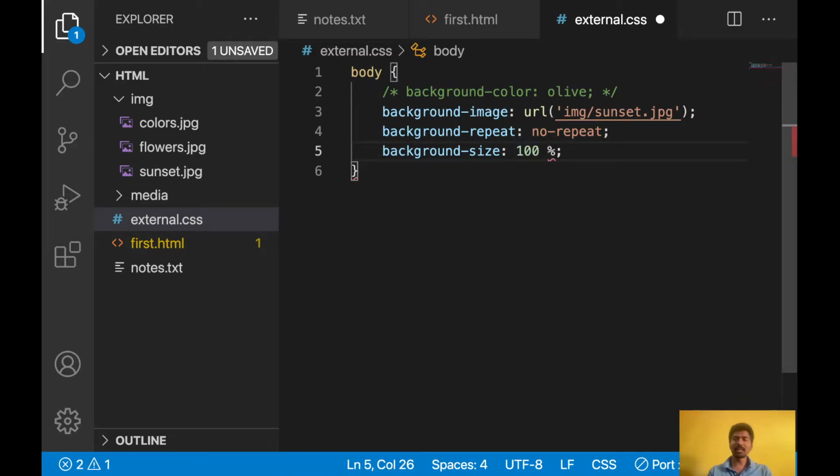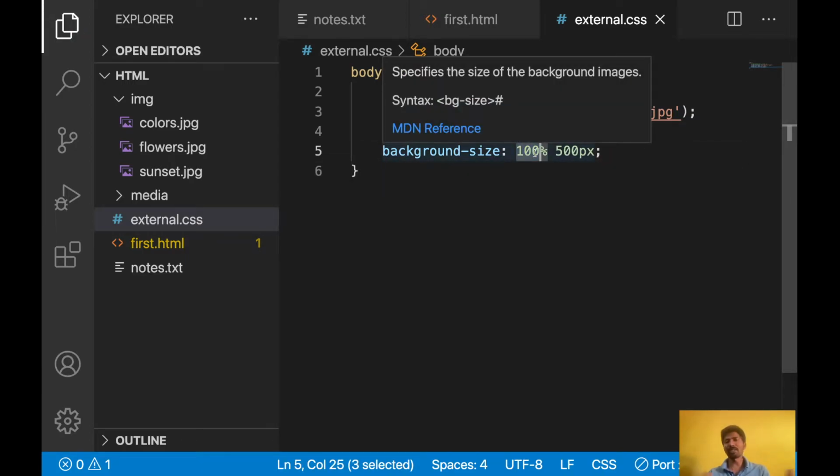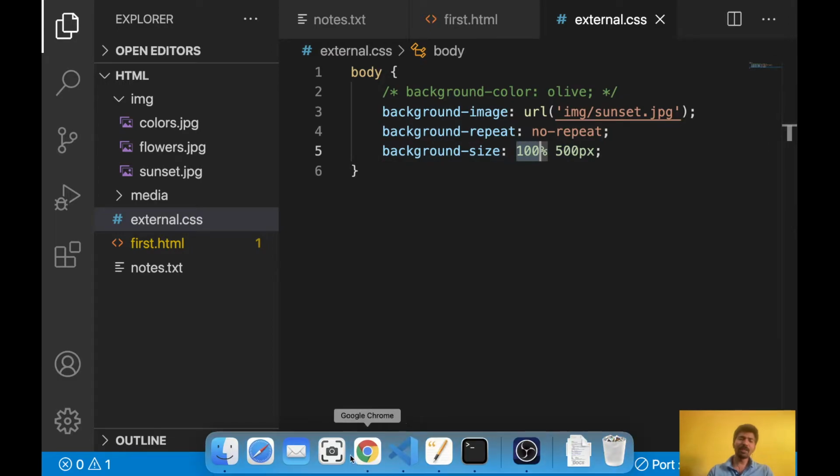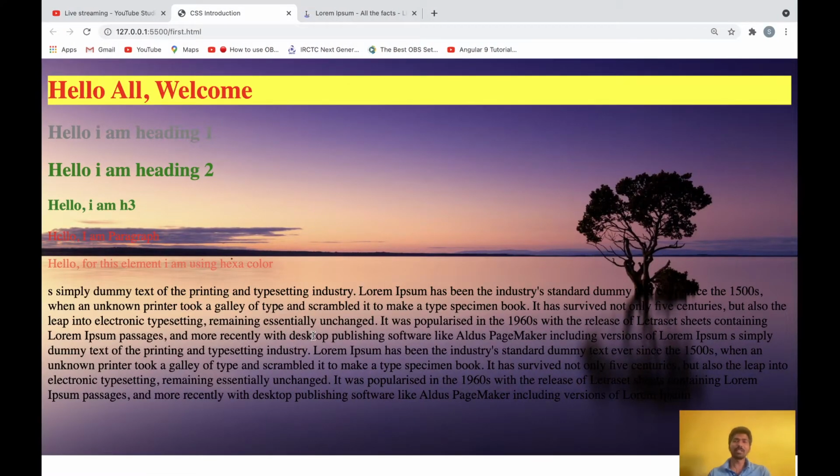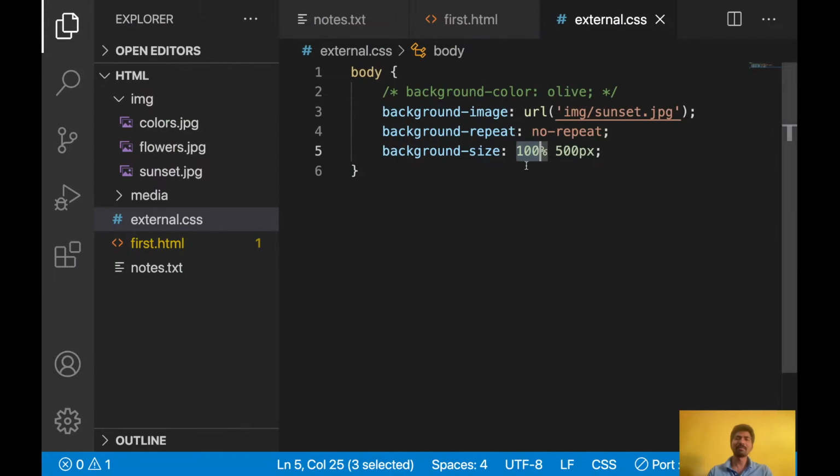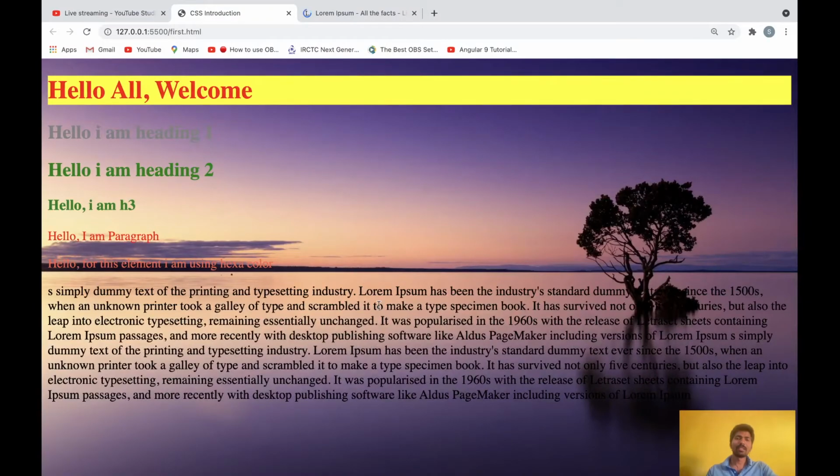If I give this second height also, let's say some 500 pixels, then the image will compress because here we are giving both width and height. If we give only width, according to the width, height will be taken automatically, without compressing the image. So better we should give only the width of the background image, then height will be taken automatically based on the width. See, now it is looking good, the background image actually.